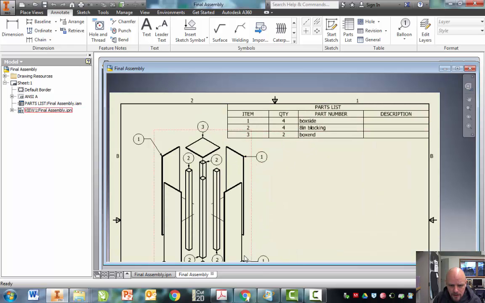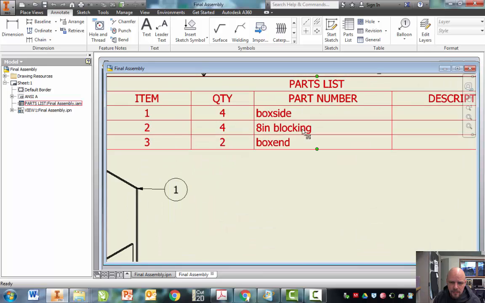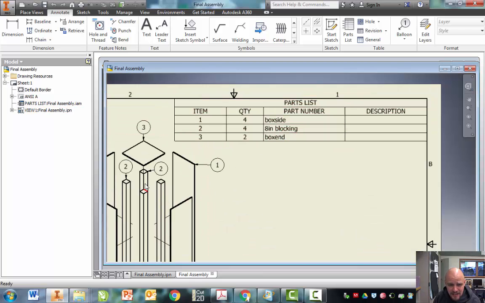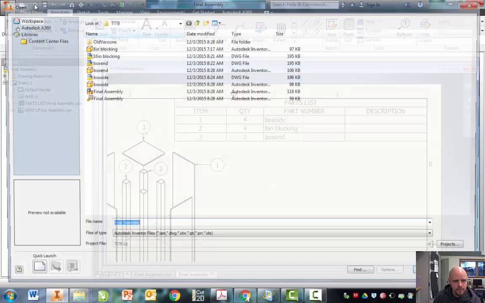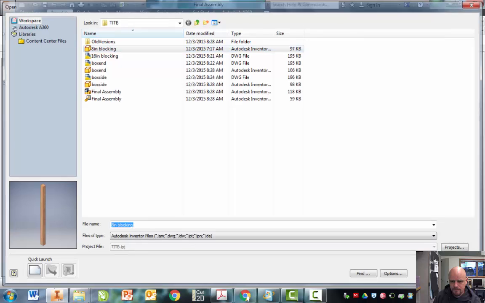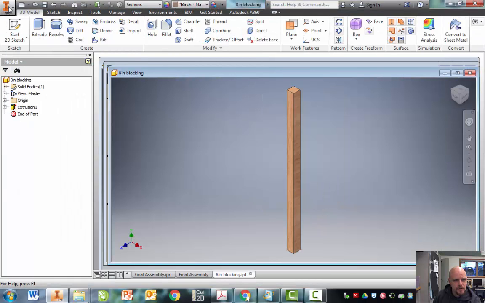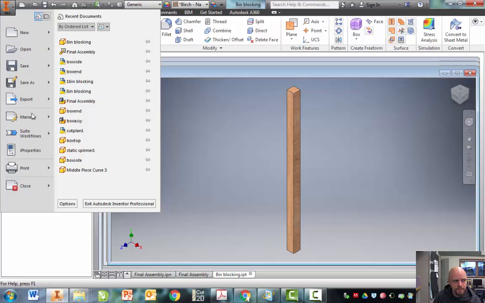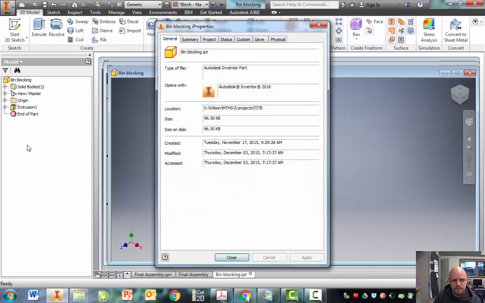Item 1, over here, is called the box side, and I need 4 of them in order to produce this. So these are my file names. I changed my file name. These blockings are 16-inch long, but I named them 8-inch blocking, and that's not clear. So here's how you change the names. I need to go into Open, 8-inch blocking, iProperties,